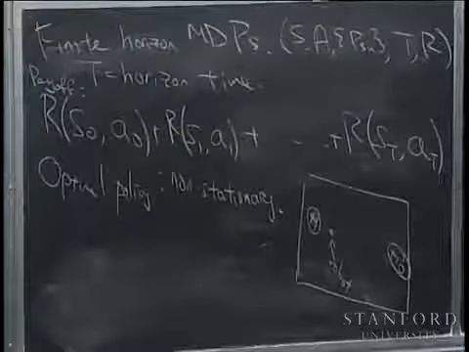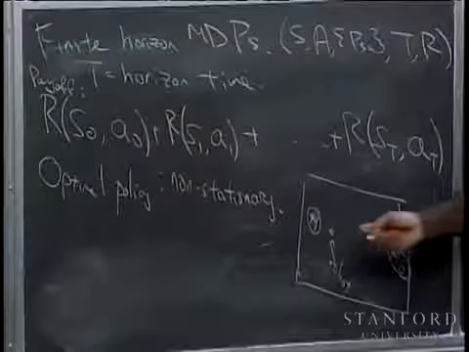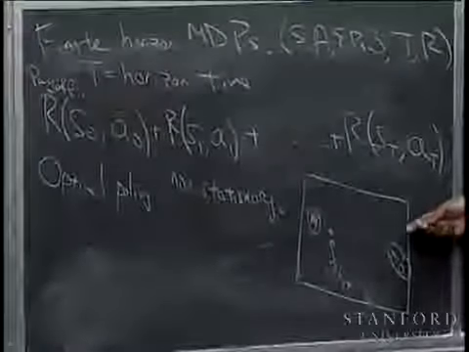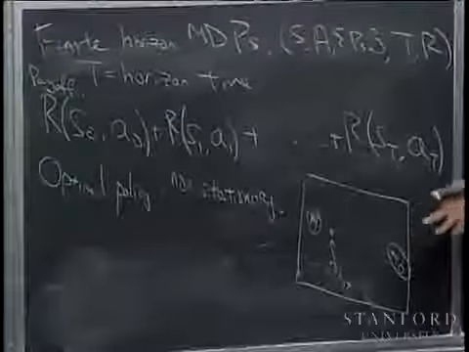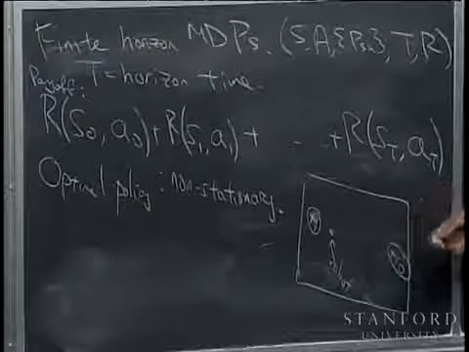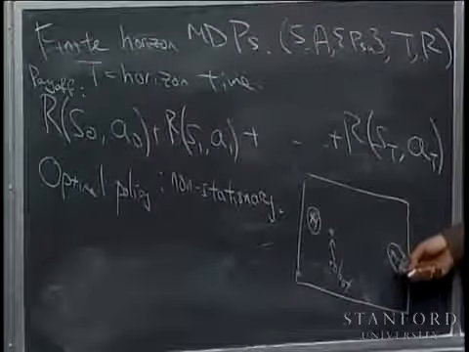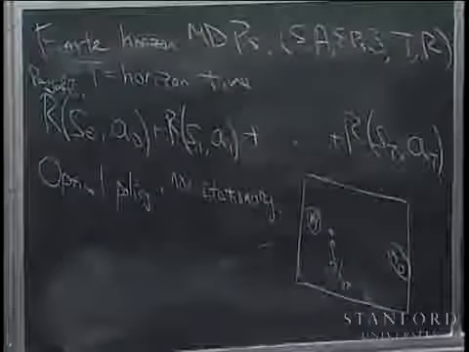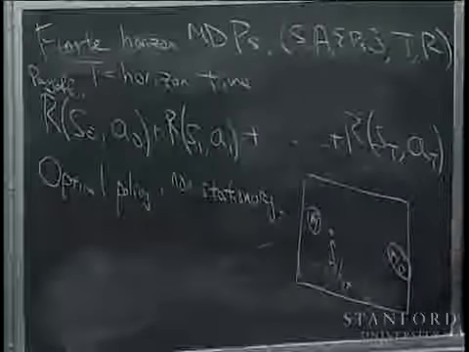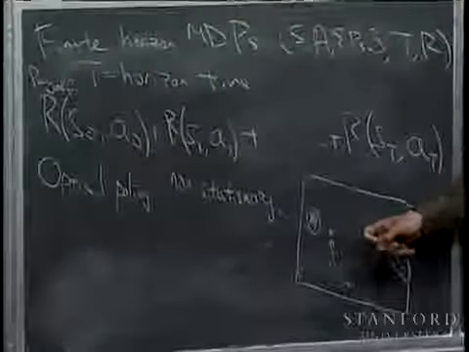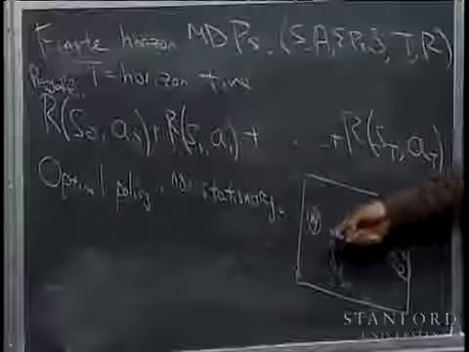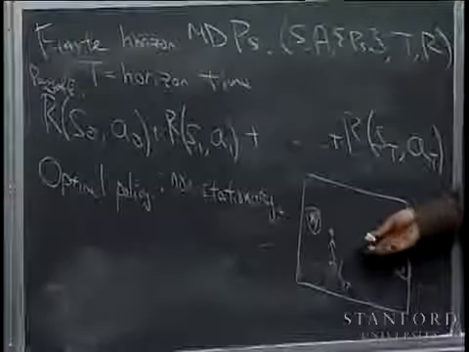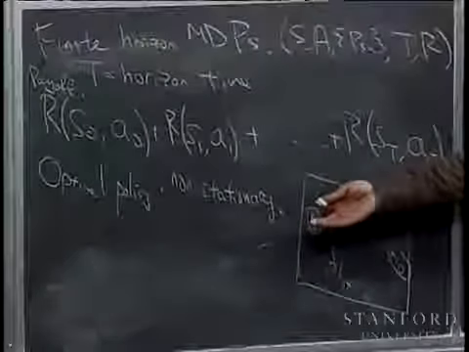So if it's still early in the game, you still have a lot of time, it may be better to head towards the +10 reward to try to get a much larger reward. Whereas if you only have a couple of time steps left, if the clock has nearly reached the time capital T, then you may not have enough time to get to the +10 reward, and you may be better off heading for the +1 reward that's much more close by. So what this example illustrates is that when you're in that state, the best action to take could be to go left or to go right, depending on what time it is. And so this is an example illustrating how the optimal policy can be non-stationary.